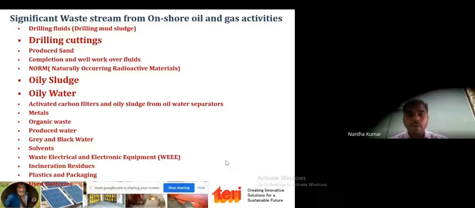But oily sludge and oily water can be treated completely, and depending on the contamination level, either we can go for the recovery process, or we have to go for the treatment process.